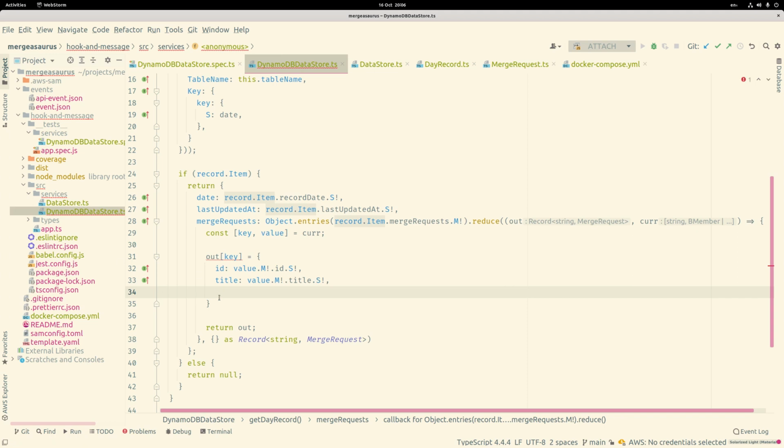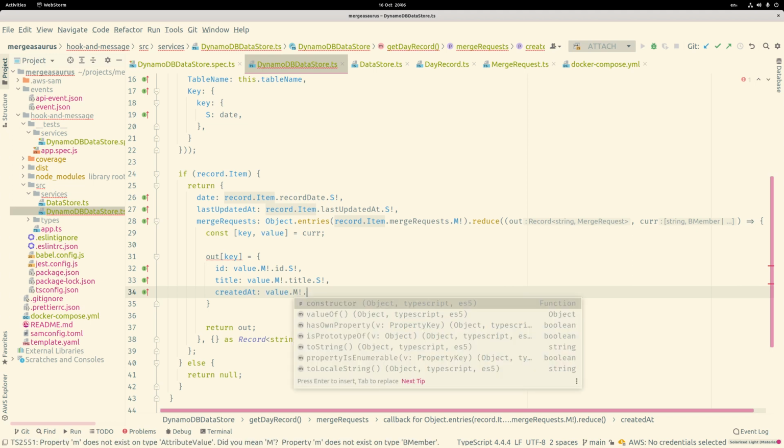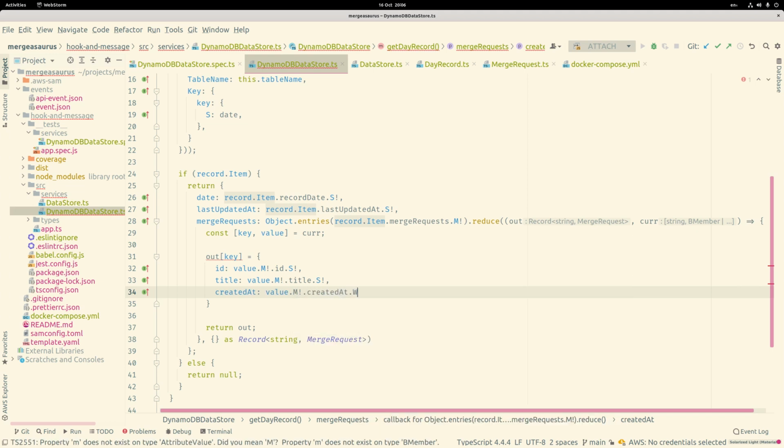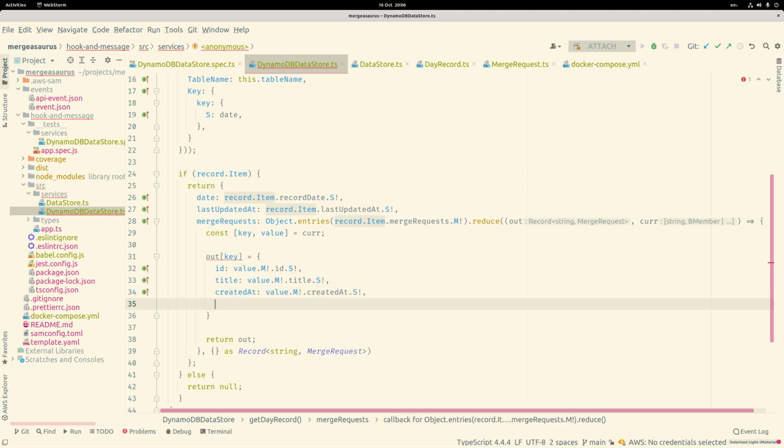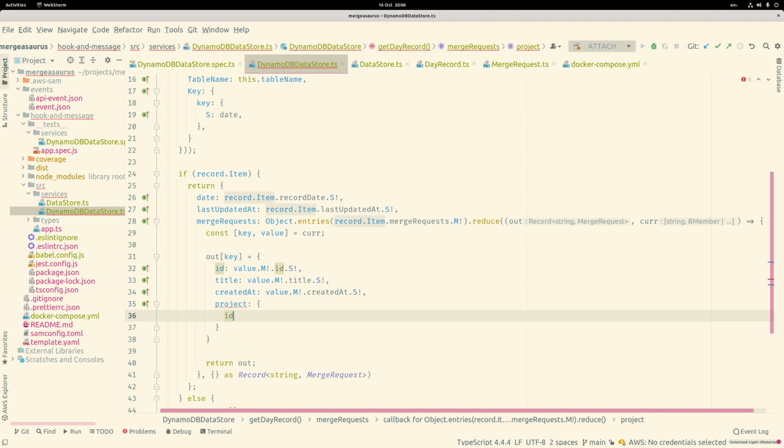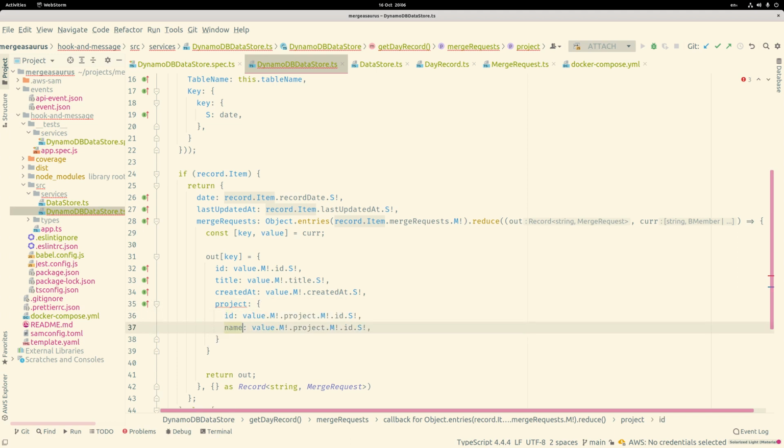So we're bypassing the type safety slightly, but we're going to trust that it's okay. And then we also want a created at, and again we go inside the map, and we get the created at, and again we get the string with the same caveats. Then we have our project, which is going to be an ID, so they go inside the map, go to project, go inside the map, get the ID, and that's a string. Welcome to the wonderful and weird world of DynamoDB